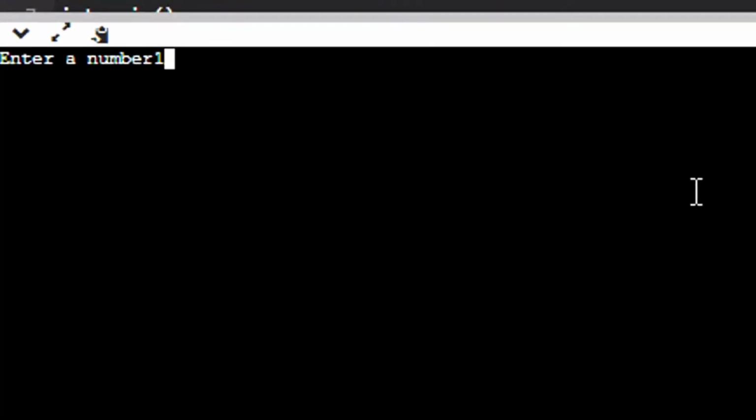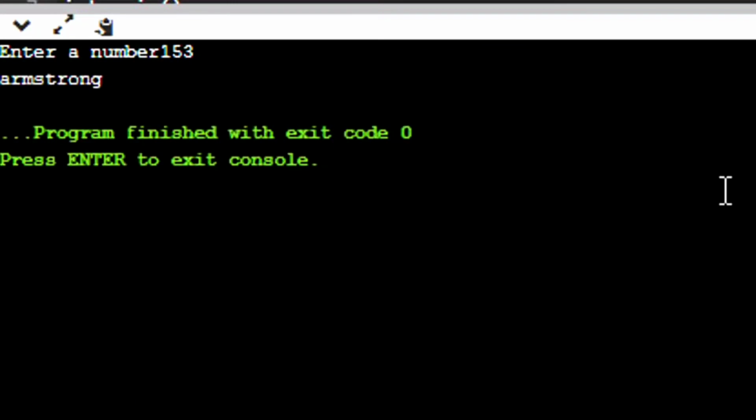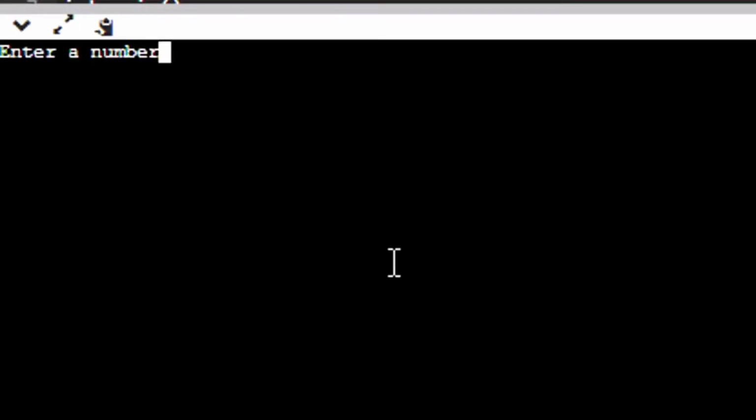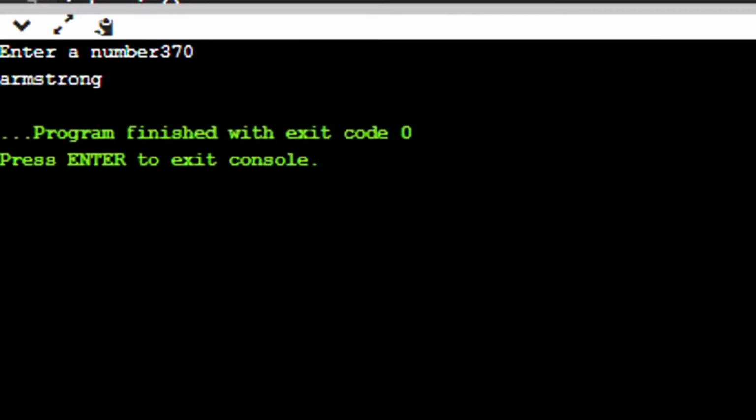So let's enter 153. See, we got the answer as it is an Armstrong. Okay, so let's just take some random numbers. Like if we take a number as 370, it is an Armstrong number.